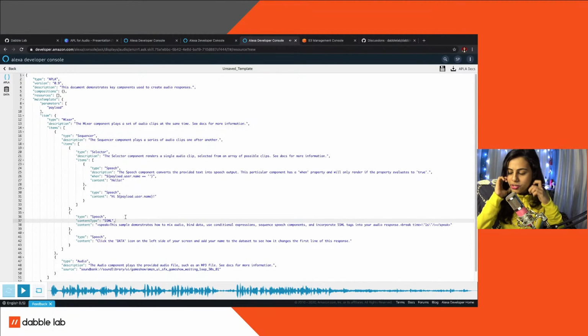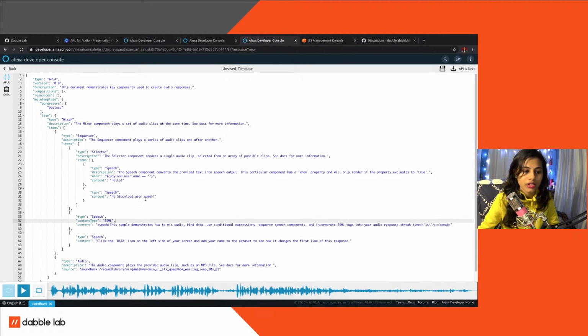Okay, so now let's do some understanding if you're not clear in here. This is the background audio that plays for the entire thing that's inside. The mixer, inside of the items, has the sequencer selector, and outside it's just got this background music, and it's contained of all these elements together. I haven't included everything in my template because it's already available in here, and you can use whatever you need. You don't need to do everything. It depends on the type of skill that you're building, because this is so helpful. When you build a skill, this APL for audio is going to do lots of good for you.